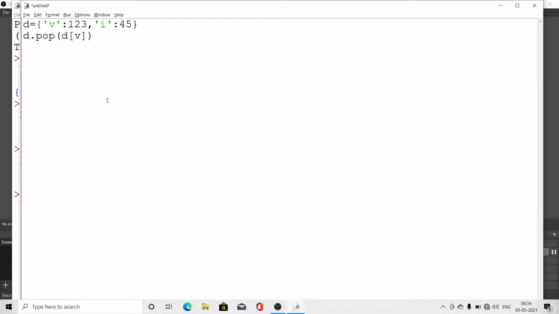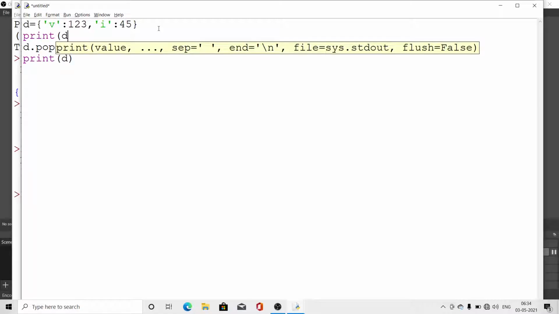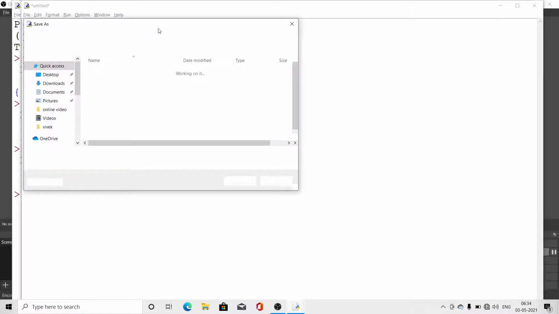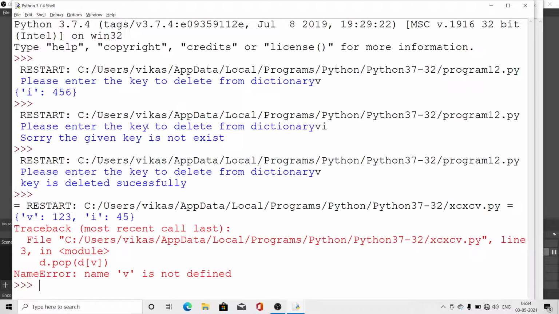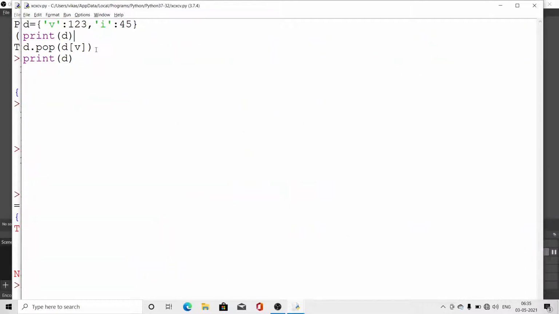Before that also I will display print d. Acha, we have to give here only the name of the key that is existing. So I told it like that, sorry, it was a syntax error.